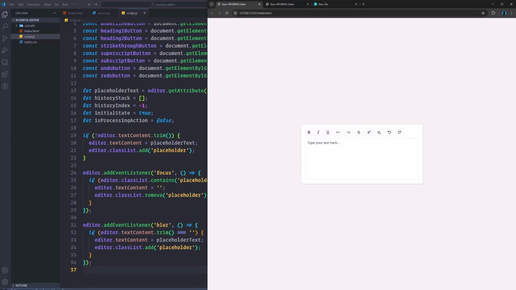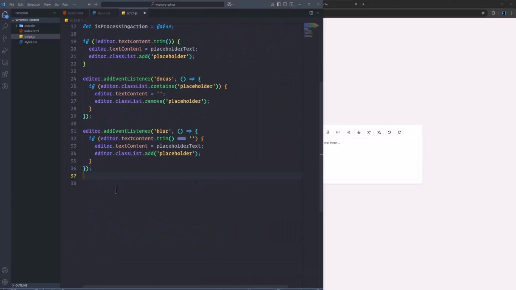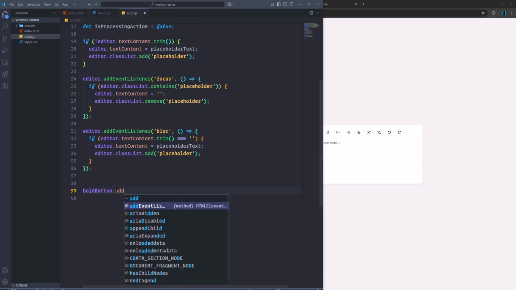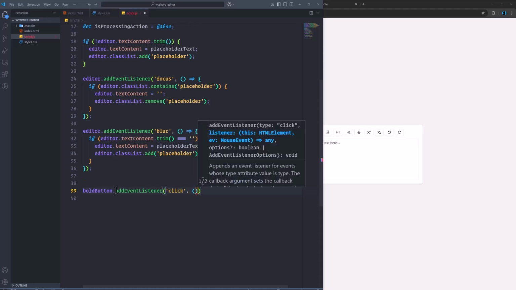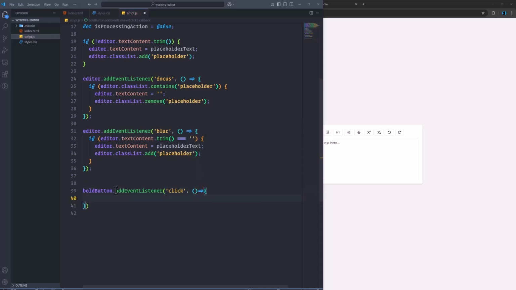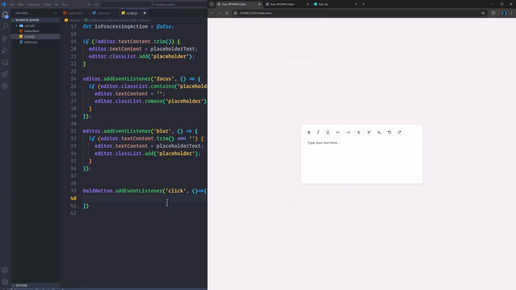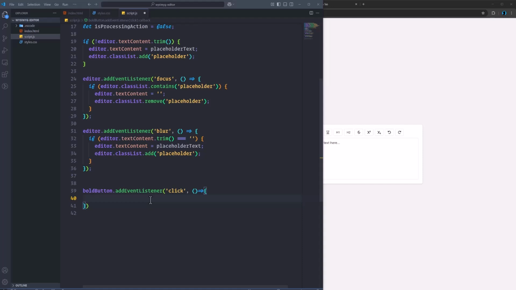So what we do, we'll add an event listener to this bold button. So we say boldButton.addEventListener, which is click. If we click on this button, we want a callback function that should be executed if we click on the bold button. Okay, so here to apply some formatting to a text, we have a built-in browser functionality, and we are going to use that function in here,